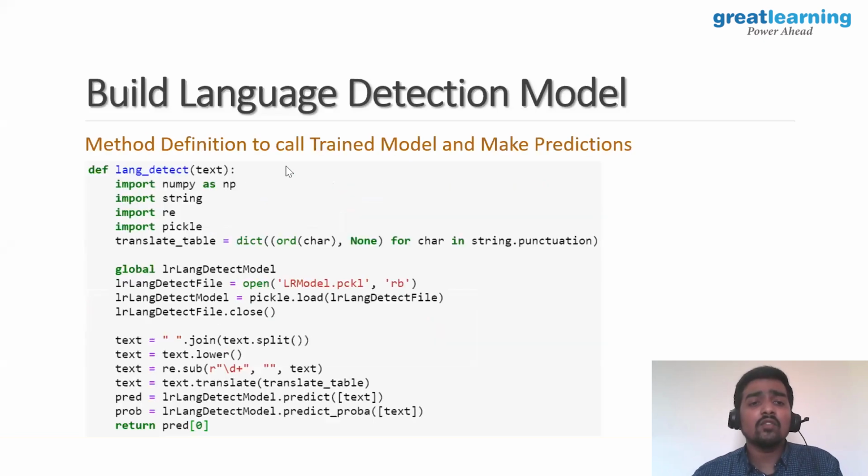Once you load this, we have defined a simple function where, for a given text which is not related to your train or test data but is something random, we can see how our model will perform. I have included all the pre-processing steps and the models which we have trained, which you can see here. The raw text which we input should also go through the same pre-processing steps which we have followed. Finally we are doing the prediction, as you see in the last line. Now calling this function, we'll see.